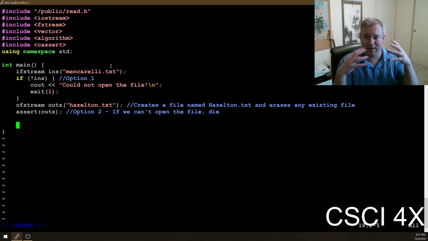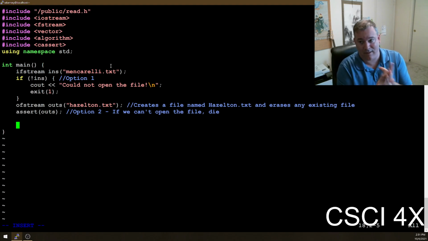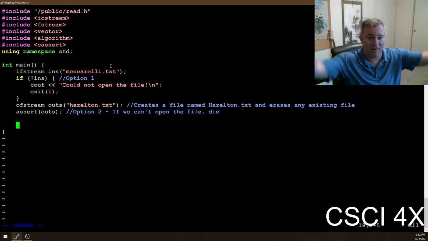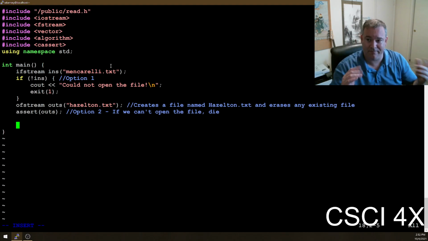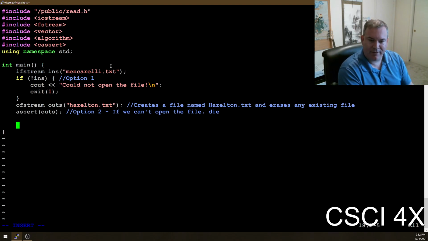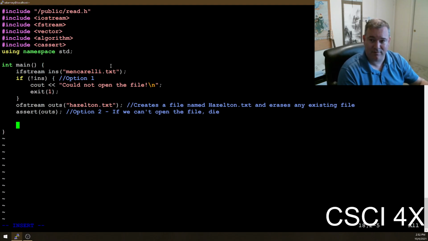So step 1, gather data. Step 2, transform the data. Step 3, output the results. The output could go to the screen, a file, a database, a network, or an actuator, like turning a fan on. So inputs, transformation, outputs. I don't follow this model in most of my software because I write games, which have a loop that just spins over and over again and don't really transform data per se. But this model that I'm about to show you is fairly common in computer science, so it's worth learning.